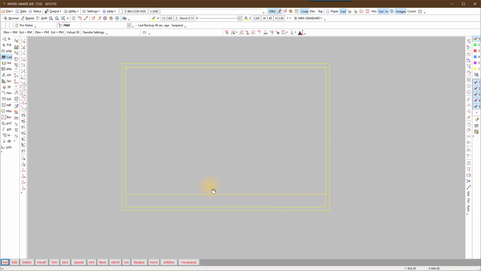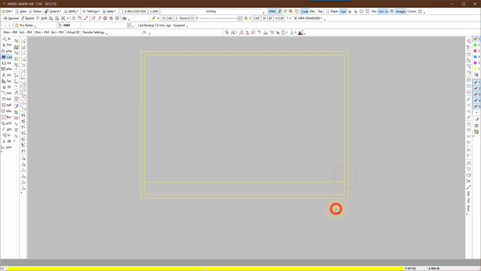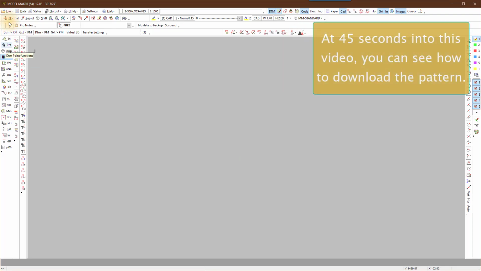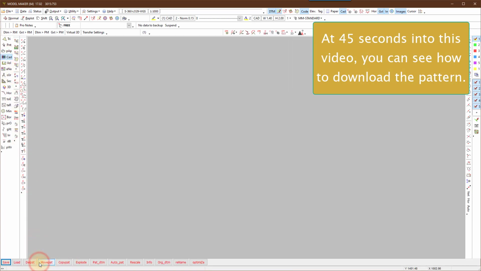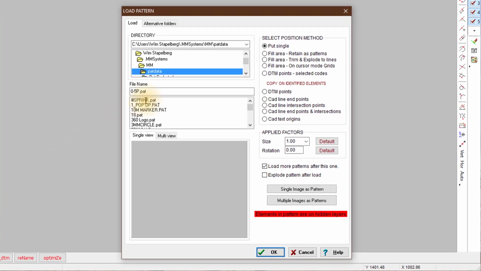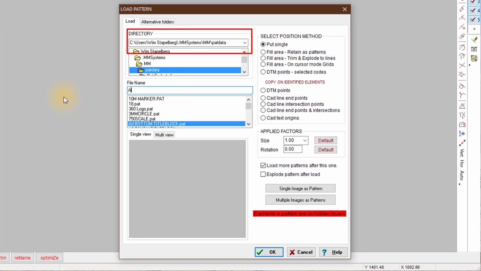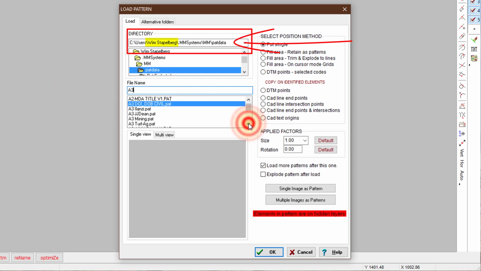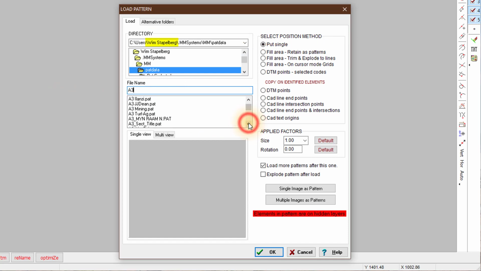We will start adding the text of the title block in the next part. Clear this and continue with an existing pattern or CAD drawing. I will include the pattern A3 YouTube.pat that I use at the bottom of YouTube. Select the link to download the pattern to use as a start. Save the pattern in your PatData folder. With this file path, your computer username will be different.